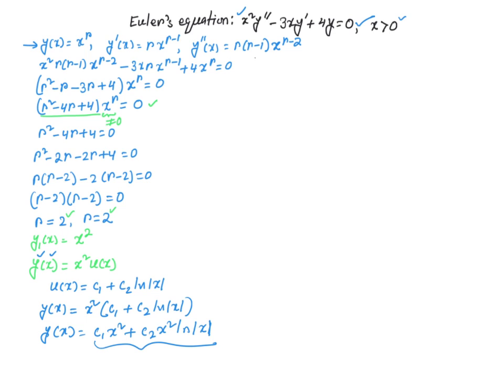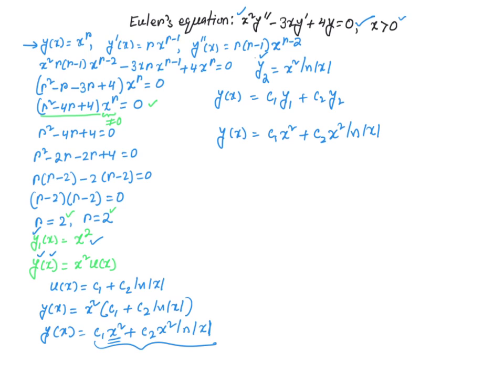By looking at this, we can figure out our second solution. Since our first solution is x squared, which you already found, y1 of x, you have x squared here. So your second solution, y2, is going to be x squared ln of the absolute value of x. Now your general solution is going to be a linear combination of this y1 and y2, some arbitrary linear combination. So it's going to be of this format: y of x is equal to c1, again some arbitrary constant, y1 plus c2 y2, which gives you y of x is equal to c1 times x squared plus c2 times x squared times ln of